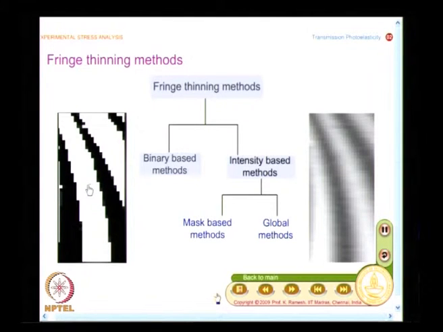One of the advantages in photoelasticity is that the fringes have very good contrast. We have also seen in the initial lectures how you get a fringe pattern from speckle interferometry. Speckle interferometry, I said, has inherent noise, and unless you do filtering, I would not be able to extract data from it. On the other hand, in photoelasticity, the basic fringe pattern you obtain has very good contrast, and that makes the processing of the image much simpler.